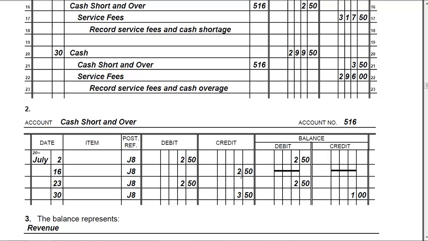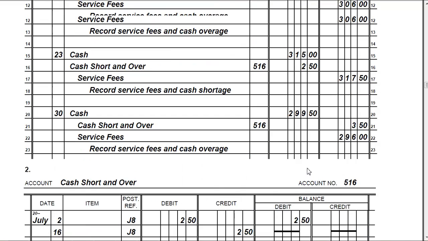So we credit the $2.50, so then our current balance of a debit of $2.50 plus a credit of $2.50 cancels each other out. You want to treat these debits and credits like we do when we have opposites, like negatives. So you add likes and you subtract opposites. So since my balance was a debit, I'm putting in a credit, I find the difference,